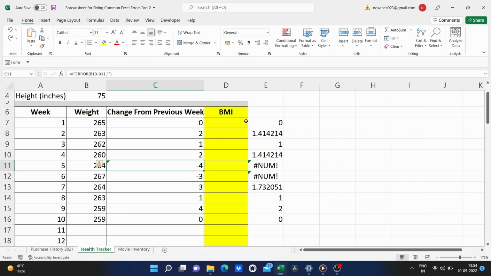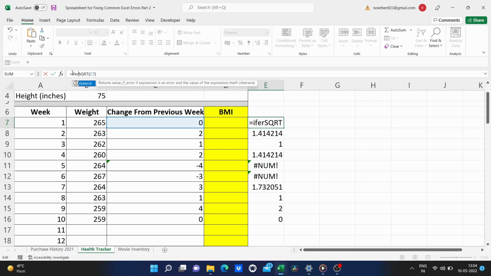And so instead, you may want to do an if-error formula. Hopefully, you can see how I'm doing this. So equals if-error, left parentheses, and then the formula that I was using before, and then I'll put in a comma, and then quotation marks, and quotation marks. So basically, that will print on the screen a blank space, nothing. And then I can put the right parentheses and I tap enter on the keyboard.